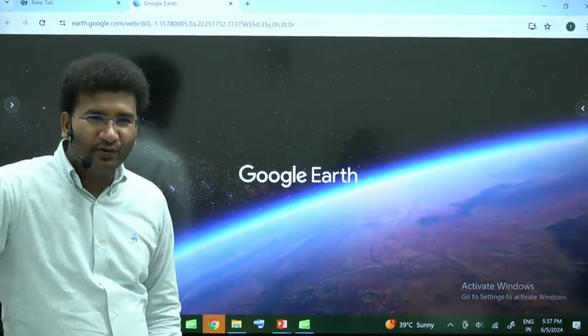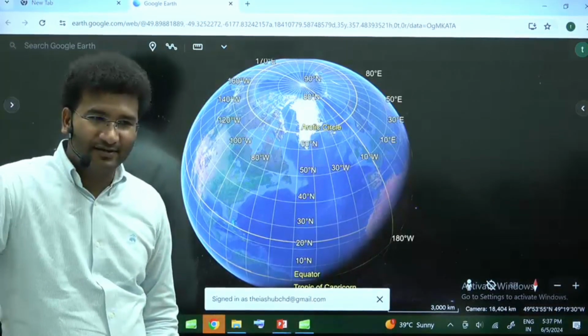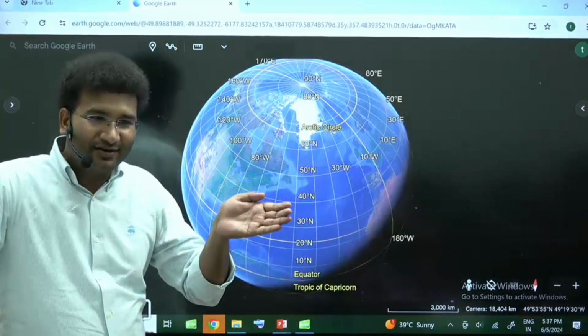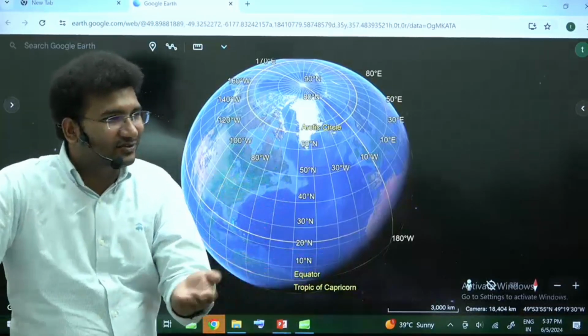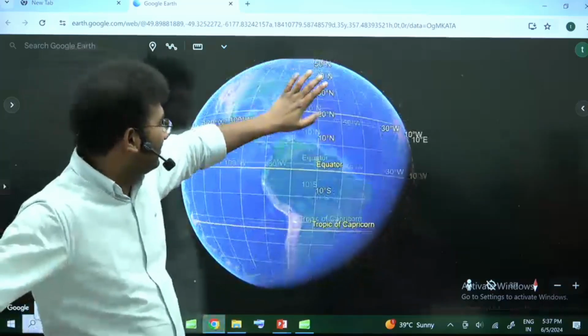And where are continents floating? Asthenosphere के ऊपर. ठीक है? That means your continents will be moving here and there on the asthenosphere. Asthenosphere is a pillow, and